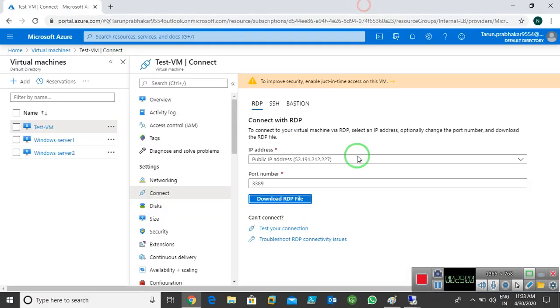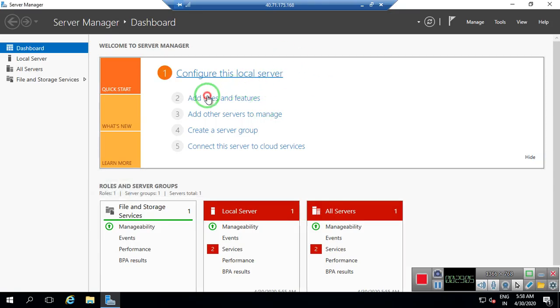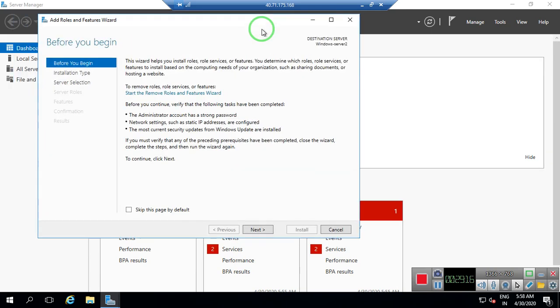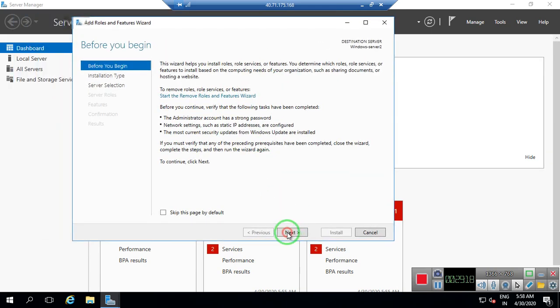So I minimize this one. Now I'm going to my Windows Server 2. Okay, now click on add roles and features again. Click on next again.